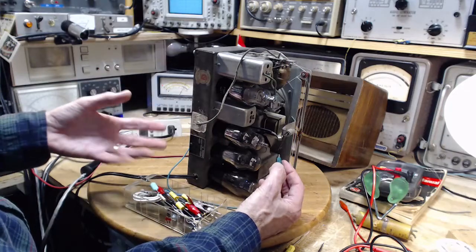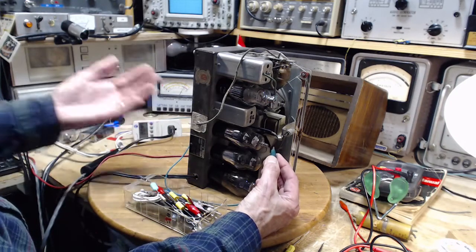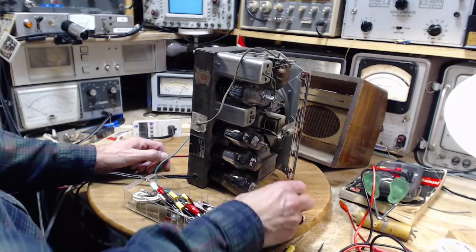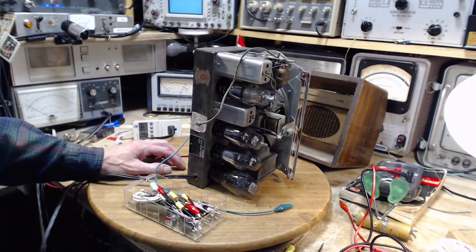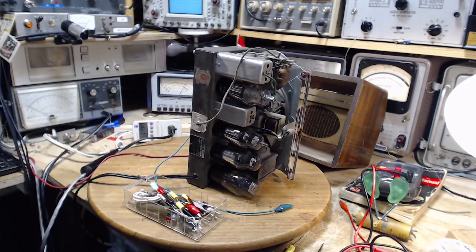That would suggest to me that somehow the heater is affecting the grid of this tube. It would have to be affecting the cathode too, wouldn't it? I think another tube's got to go in there to get rid of this. Somewhere I have more of those Rogers tubes. I could not hunt them down last night, so I'm going to spend a little time looking for more Rogers